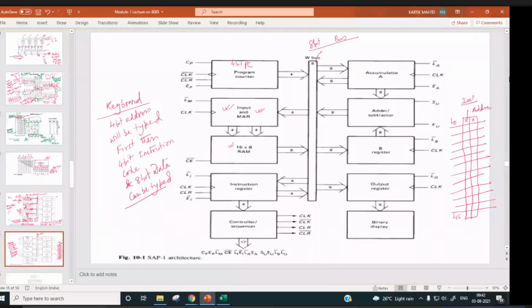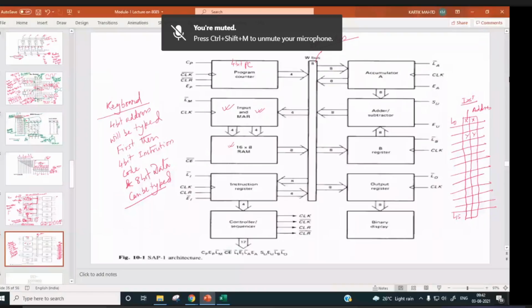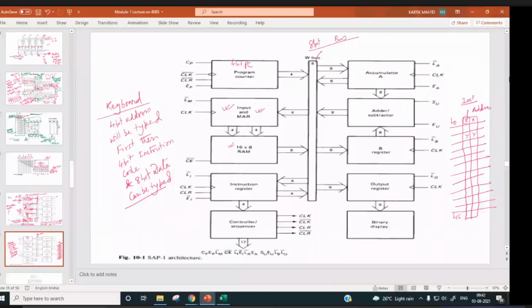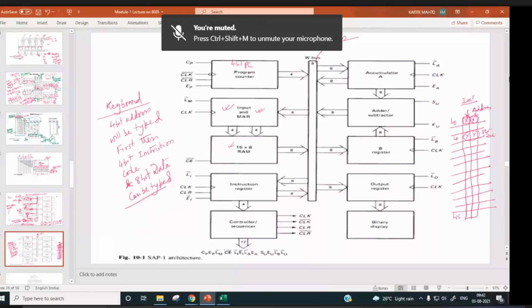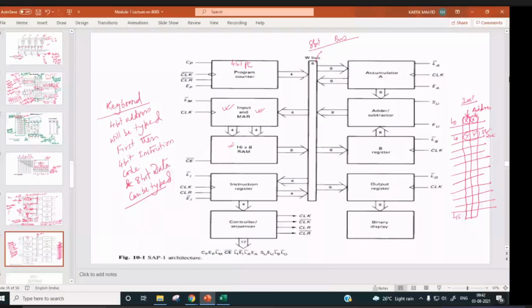In one location we can store a 4-bit instruction and 4-bit address, and in another location we can store 8-bit data. In this memory location, whatever instruction, address or data, you won't be able to differentiate whether it is instruction or data. It will be in the form of 0 and 1 only.